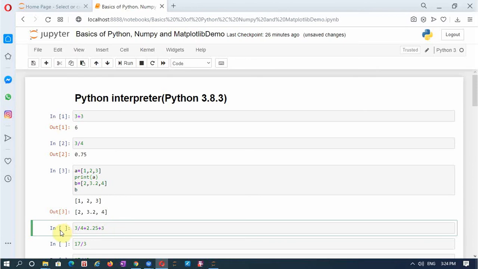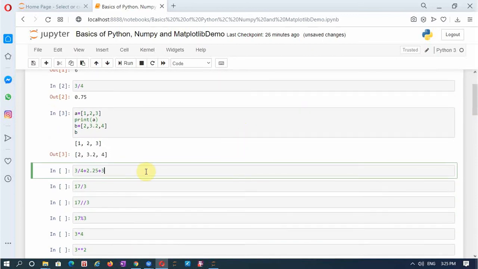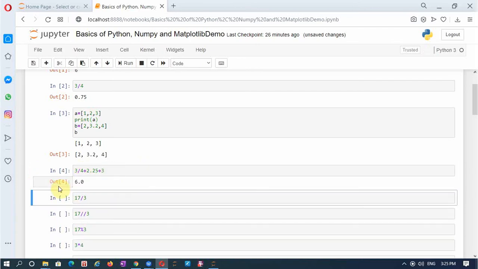So next I'm giving one more mathematical operation which involves both integer data and floating point data. So when data is of both integer and floating point type, the result will always be in the floating point format. It will convert all the integers also to floating point formats and do the output. So now I'll run this cell. So this answer is 6. It is an integer, but still since it converts all the data to floating point, it is outputting the data in the floating point format 6.0.